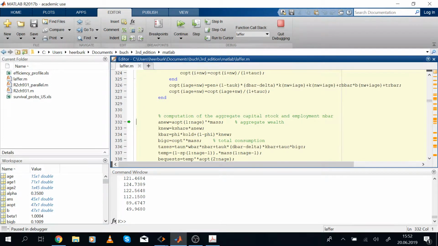Aggregate wealth level. We get the new aggregate capital stock by multiplying with K share. So we have the new capital stock equal to 9.2531. We have the old capital stock equal to 0.0499. So what we do next is we update the capital stock